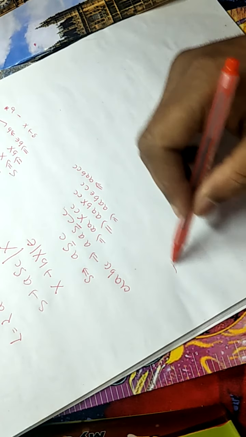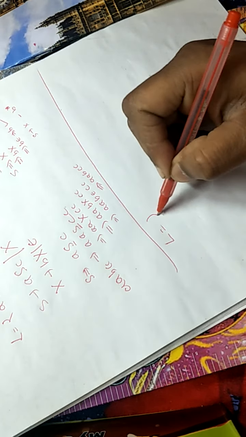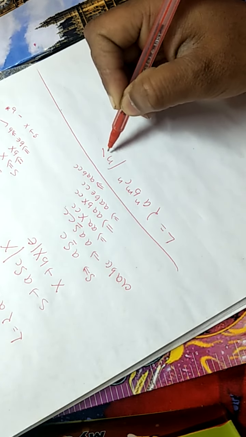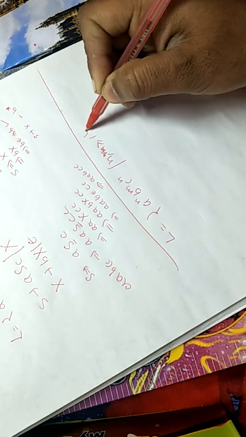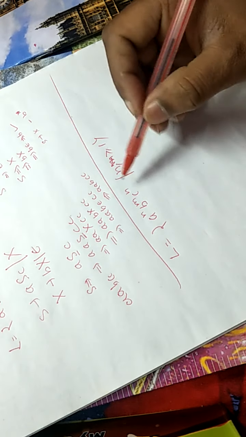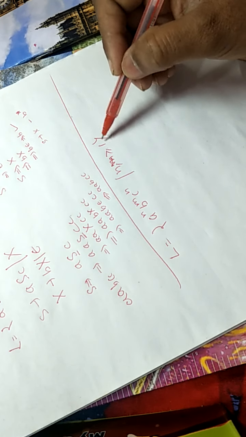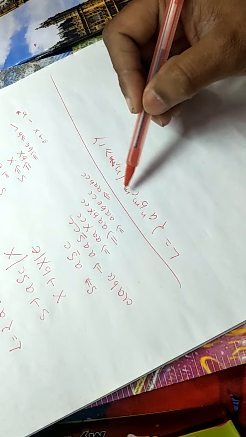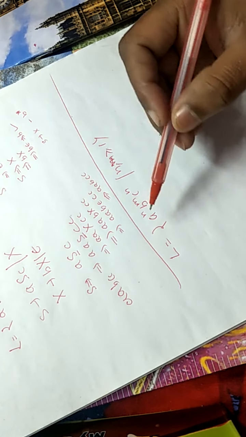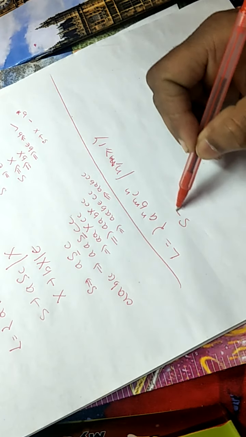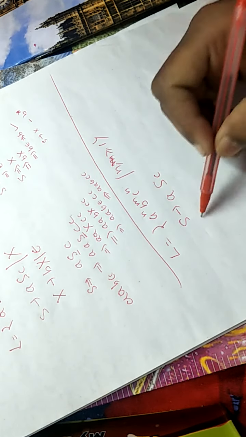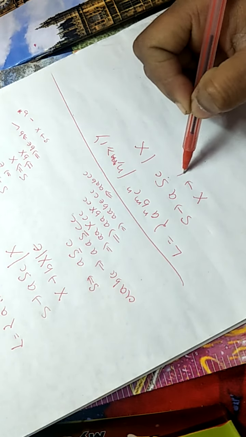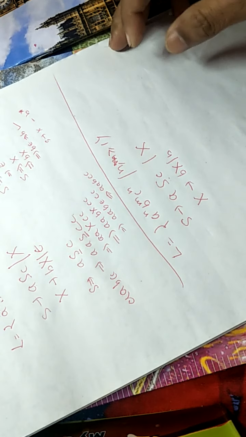Now move to another variant of a similar language, a^n b^m c^n, where n, m is greater than or equal to 1. So here the condition of n and m is greater than or equal to 1, so there must be at least one a, one b, one c. A is matched with c, and b is the b positive closure. So to match a with c, we have to use the production S → aSc first, and we have to put something in the center, that is X, and X is used to derive b positive closure.